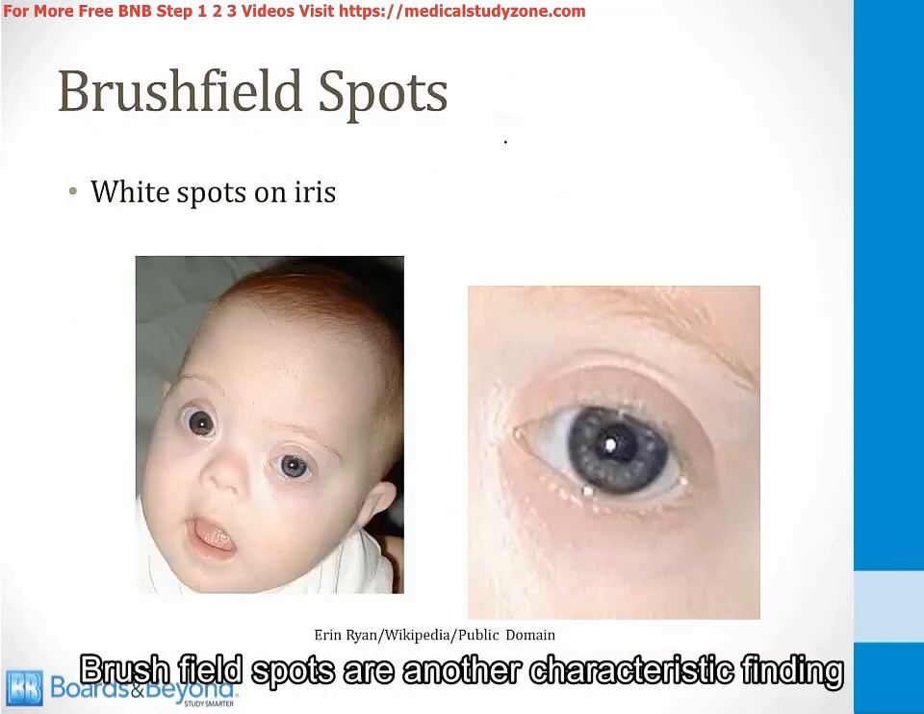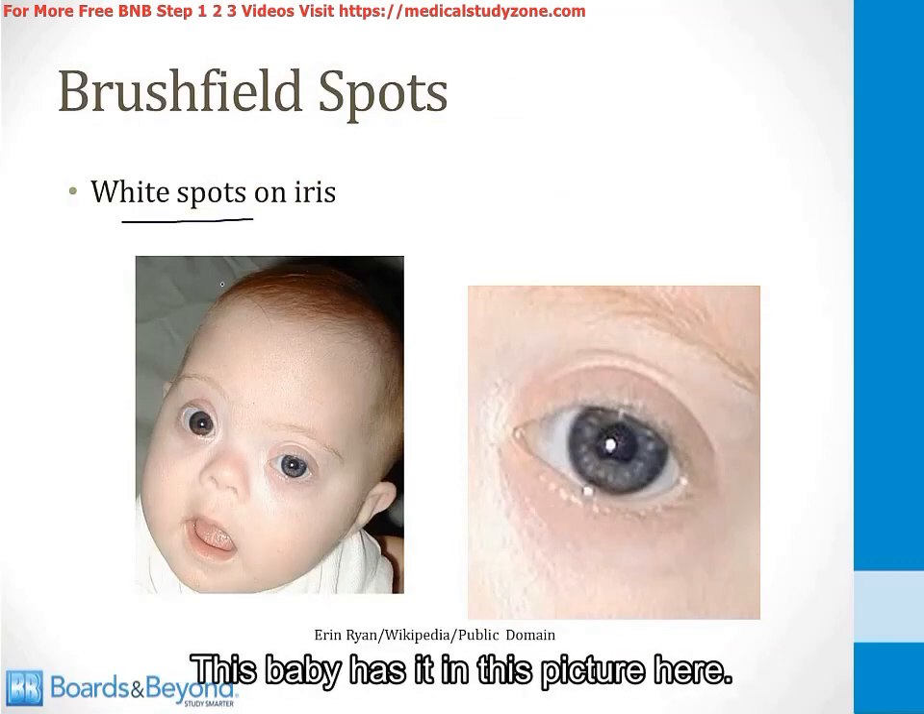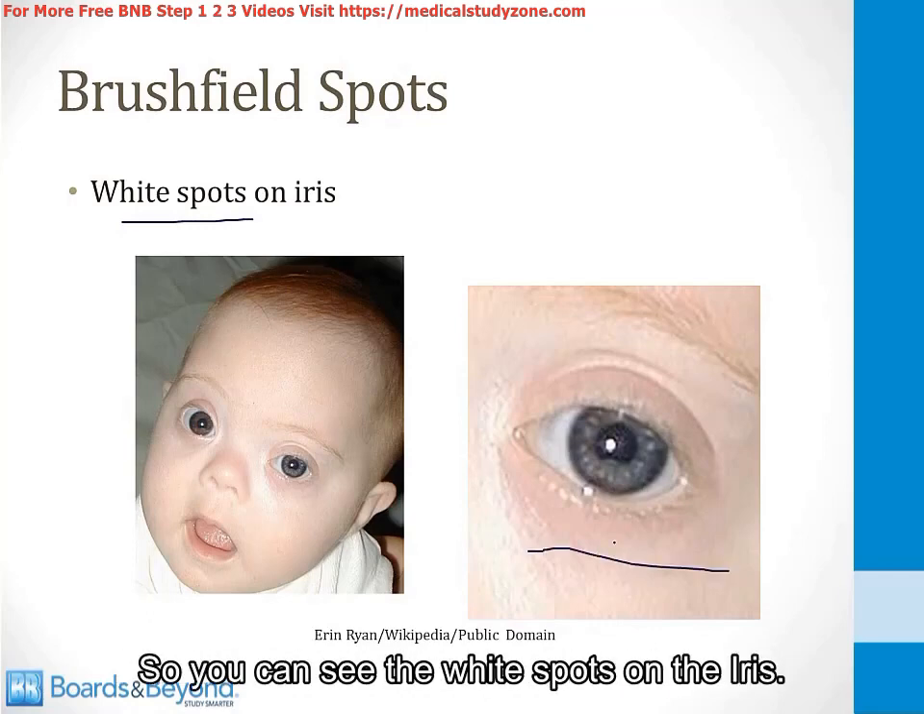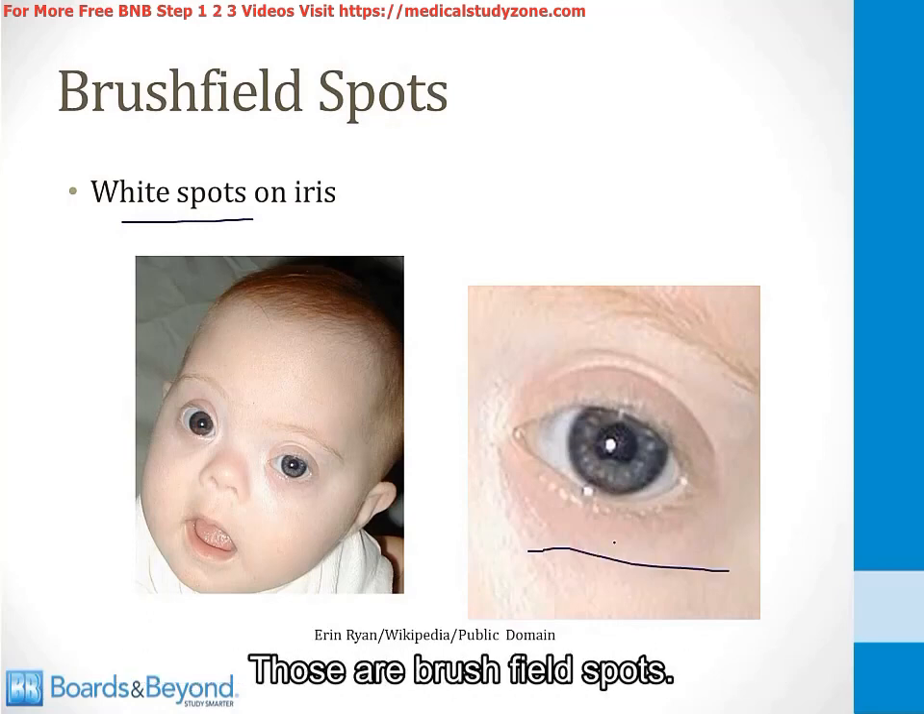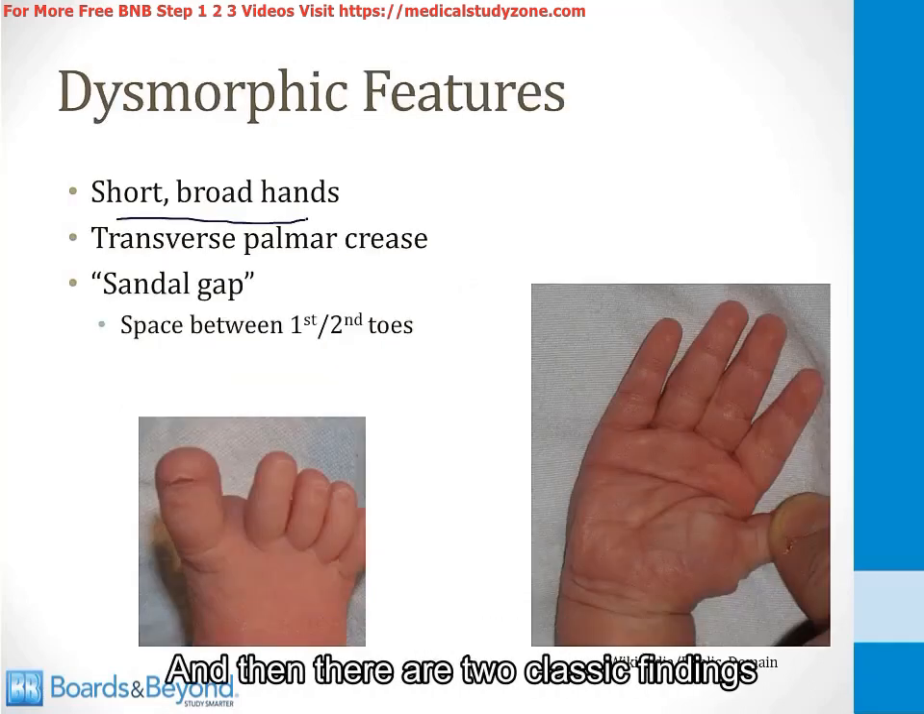Brushfield spots are another characteristic finding of the eyes in Down syndrome. These are white spots on the iris. This baby has it in this picture here. I've zoomed in on the right side of the screen so you can see the white spots on the iris. Those are Brushfield spots. Children with Down syndrome often have short, broad hands,